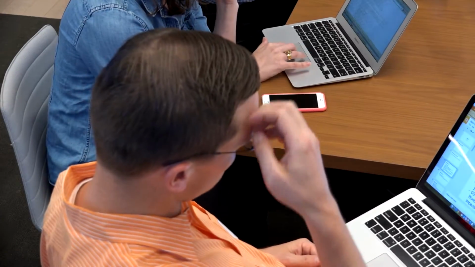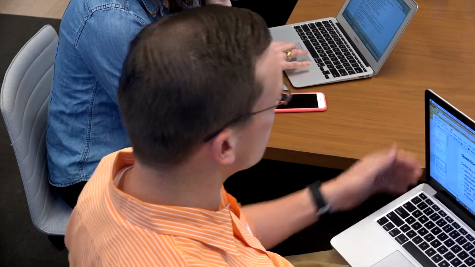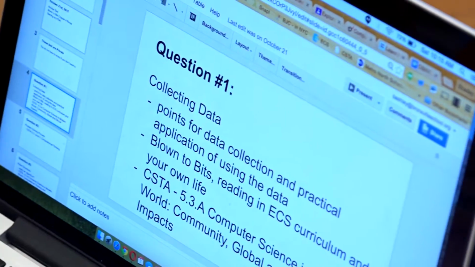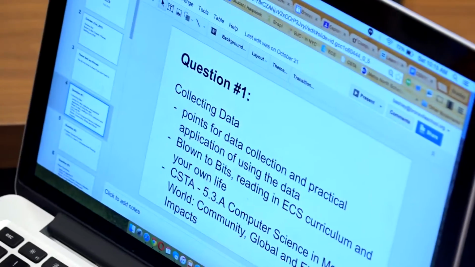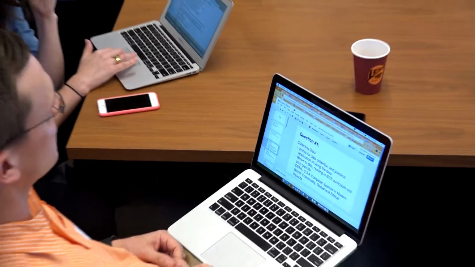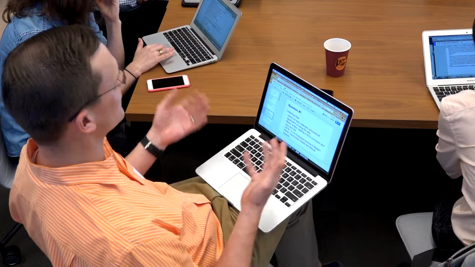Yes, sir. Using a lot of the CSTA standards, I'm teaching the ECS curriculum, and I kind of stole this from the BJC curriculum of the tech today. So I've been having students find tech articles, talk about how they apply in our world, and, I have it in front of me, it's 5.3, Computer Science in a Modern World, and so just making those connections. If you're not familiar with the ECS curriculum, the first 2 units are human-computer interaction and problem solving, so we don't really get into any coding, so they're making connections, and that's a pretty easy one because most of the kids are reading articles on their phones and making those connections.